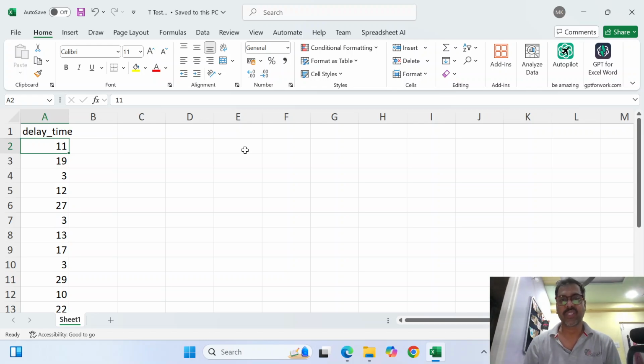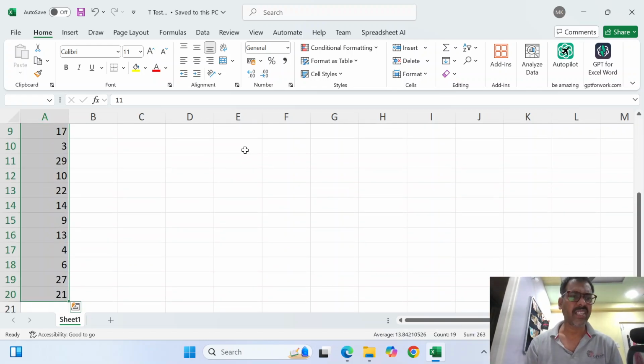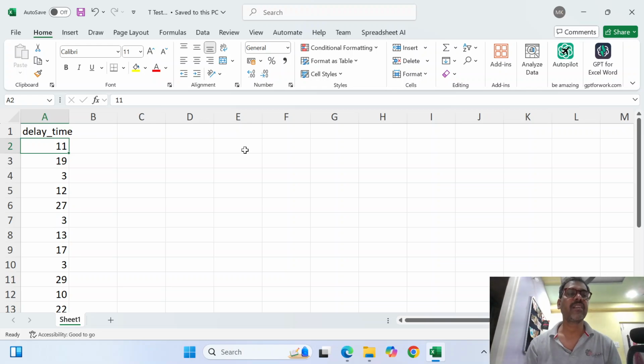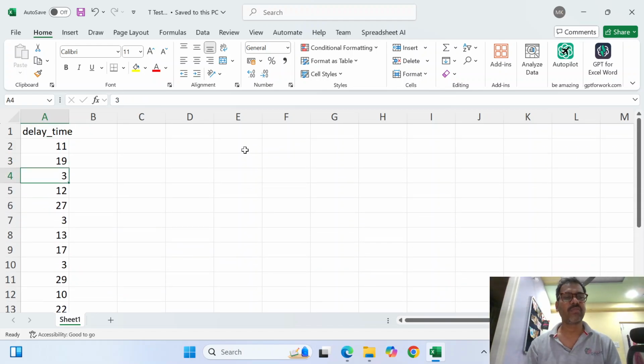So how are we going to take a decision whether this is actually a sample data of some 19 days of data? The first day, it's not the day actually, it is 19 customers. The first customer has the goods reached after 11 days of delay, and the second customer, the goods reached after 19 days of delay, like 3 days, 12 days, 27 days, 3 days, and so on and so forth. The maximum, I think 27, I don't know, I need to check,